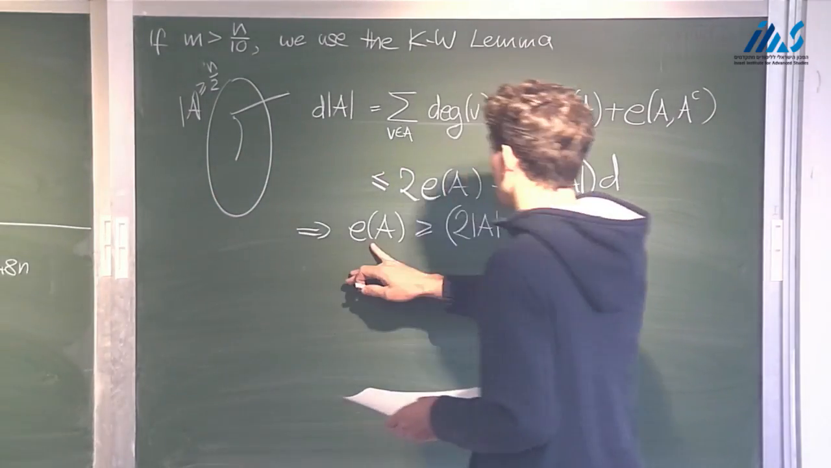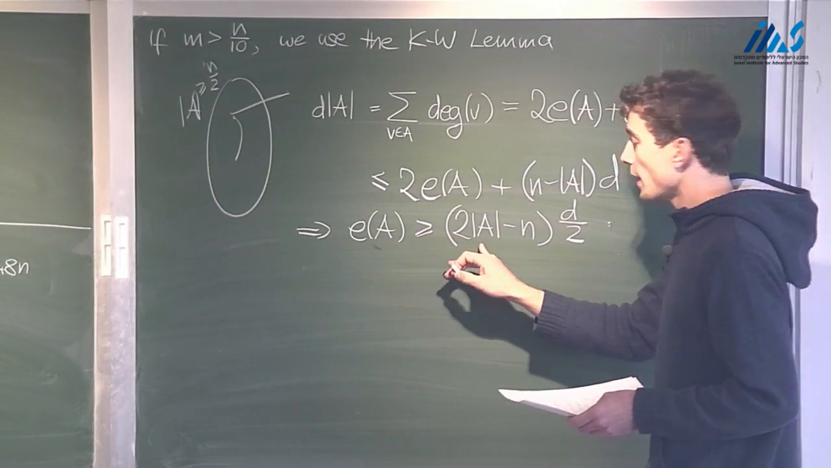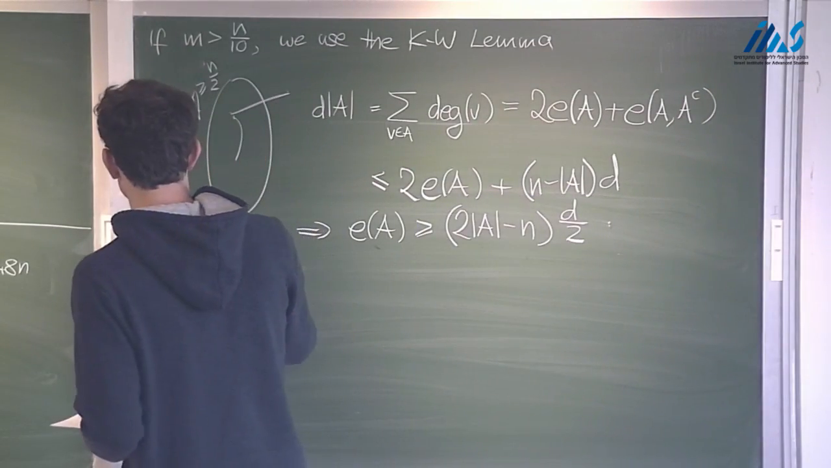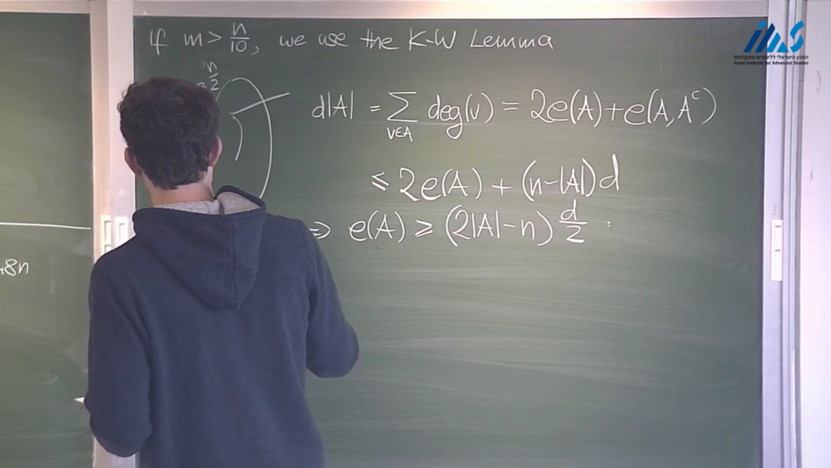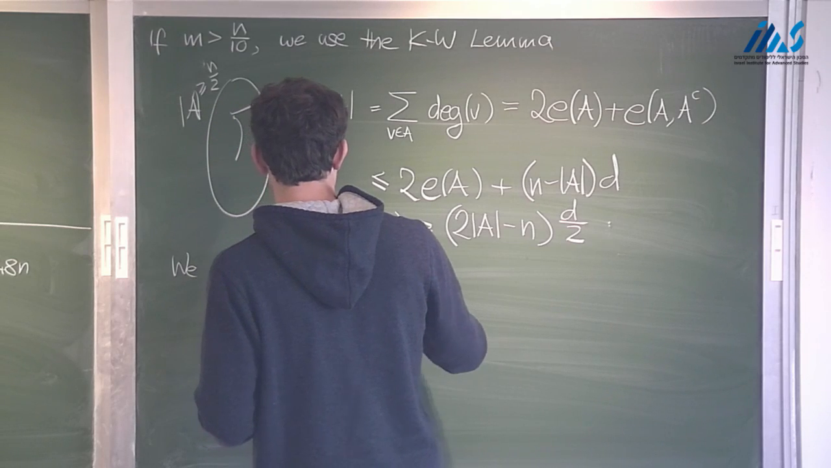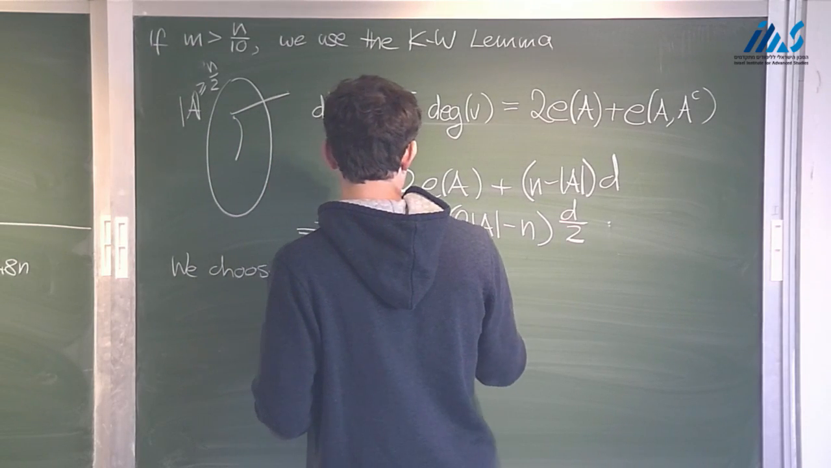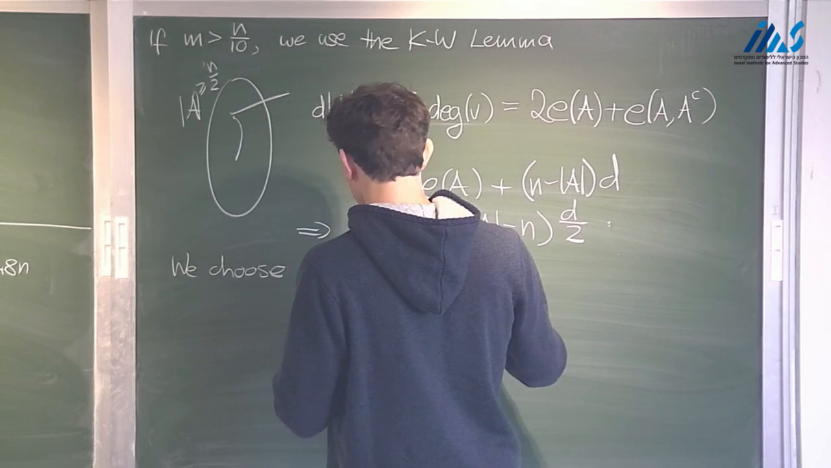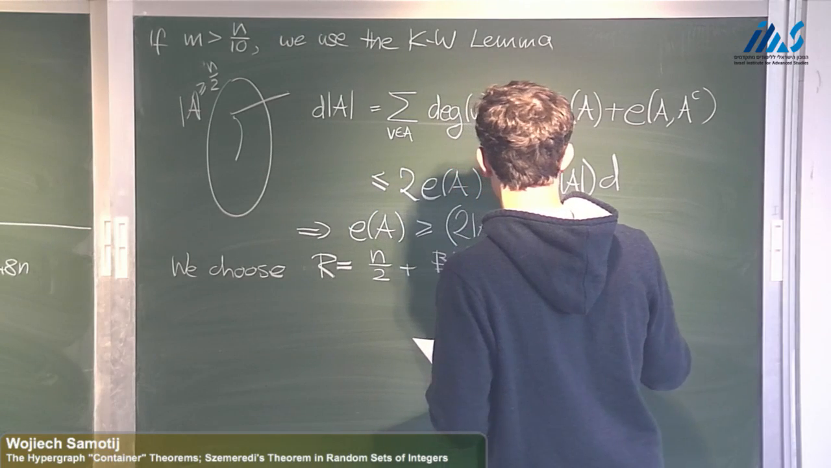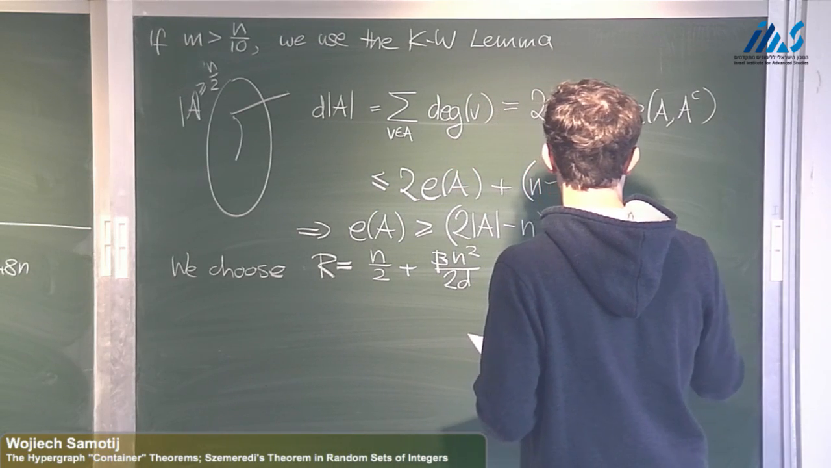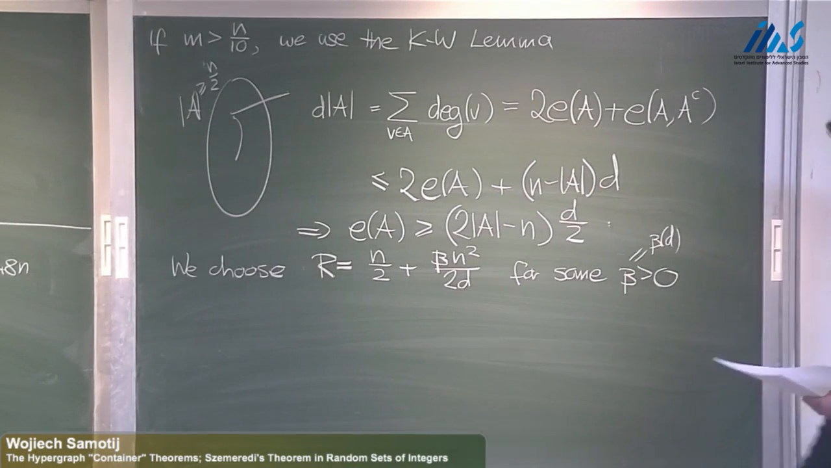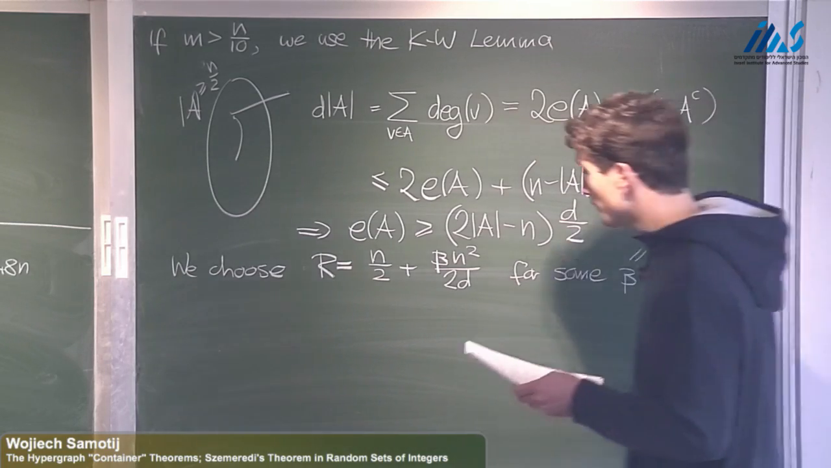Now, this will give us a non-trivial bound if A is somewhat larger than n over 2. And here we choose R to be equal to n over 2 plus beta n squared over 2D for some positive beta. This beta will depend on D, and I will choose it later. And now if